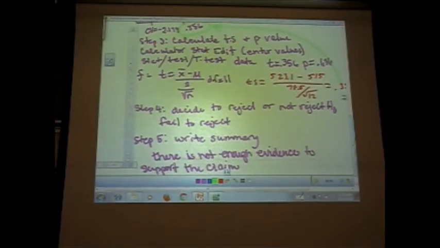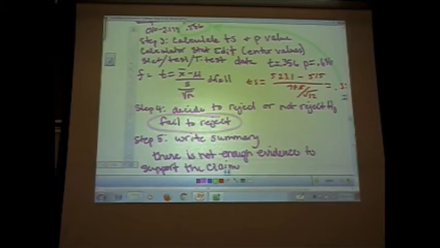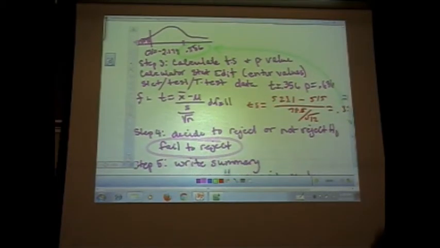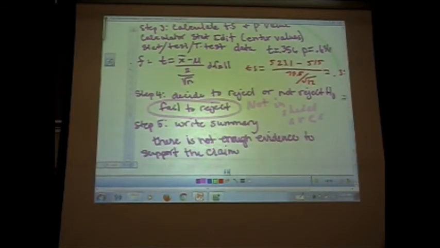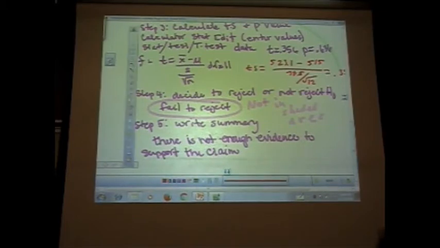And because your test stat is not in the critical region, you're going to fail to reject. And then you're going to write your summary. So there is not enough evidence to support the claim that her test scores were below the national average. I didn't write that down. Oh, right, there's not enough evidence to support the claim that